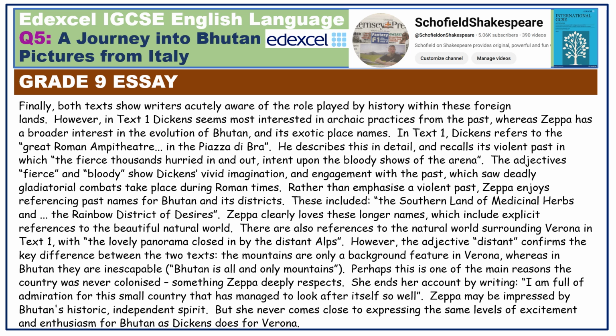In text 1, Dickens refers to the great Roman amphitheatre in the Piazza di Bra. He describes this in detail and recalls its violent past in which the fierce thousands hurried in and out, intent upon the bloody shows of the arena. The adjectives fierce and bloody show Dickens's vivid imagination and engagement with the past, which saw deadly gladiatorial combats take